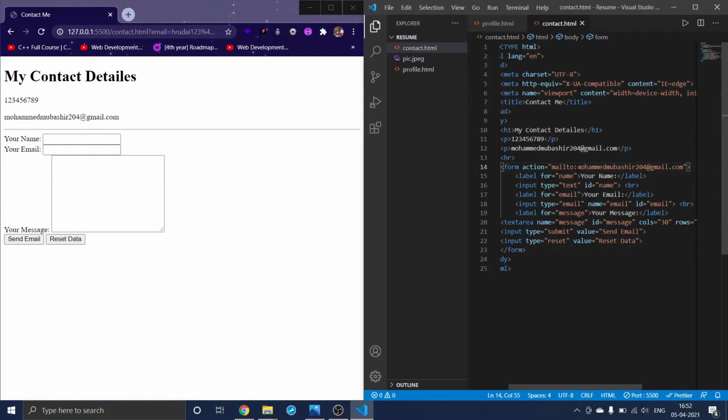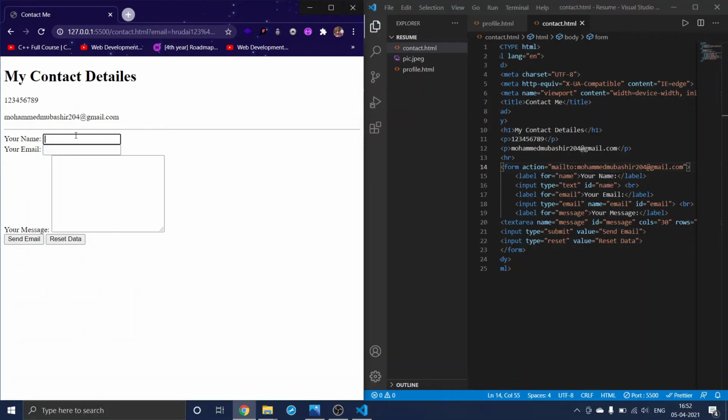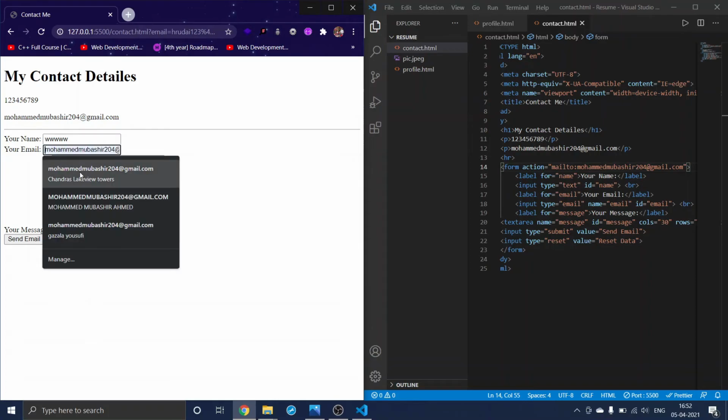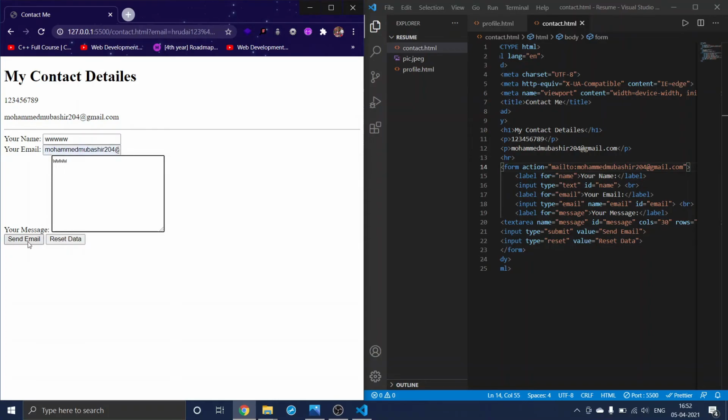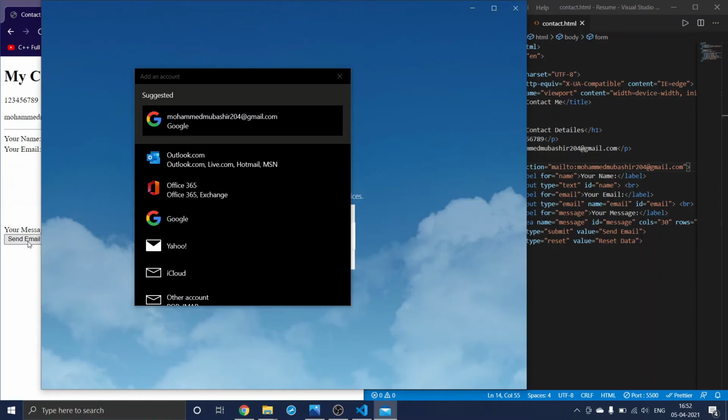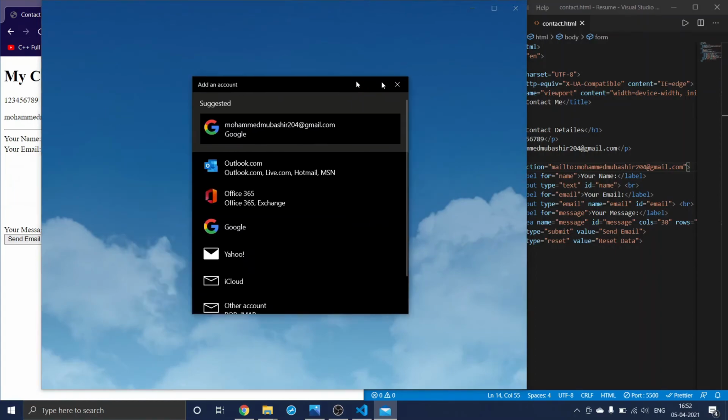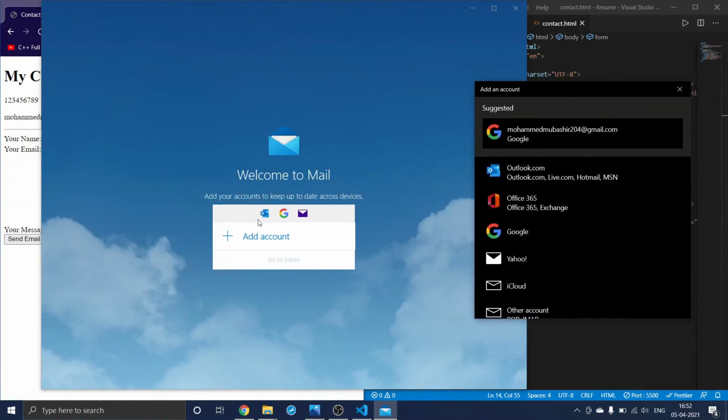When you save this, and when you click on this send email, what happens is, if you have a mail app here, automatically you will be redirected to that. I have a mail app here, I haven't set that app up, so let me set it up.